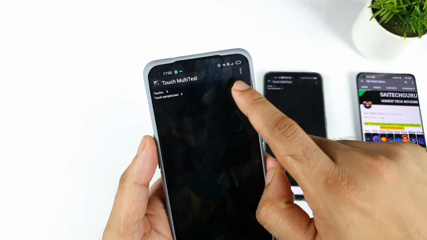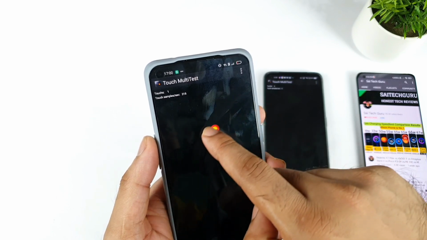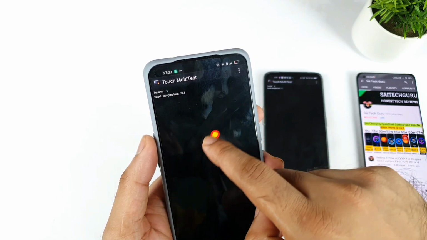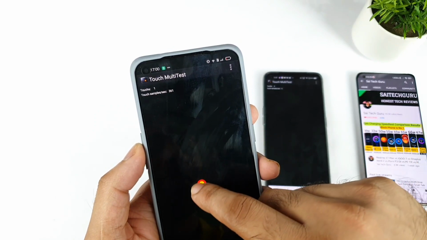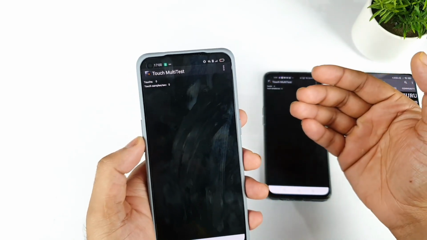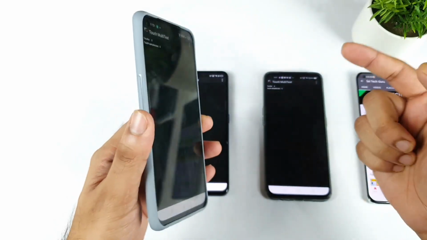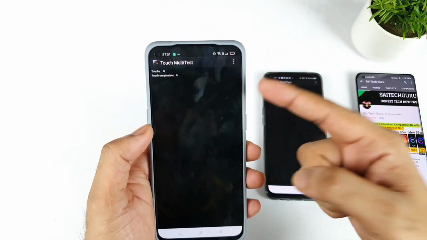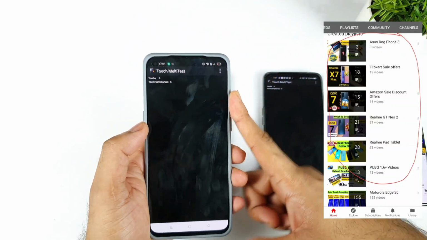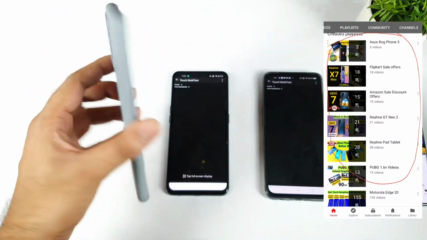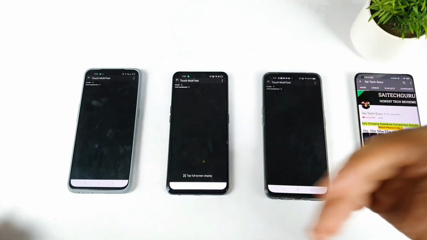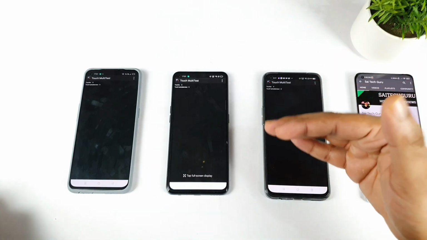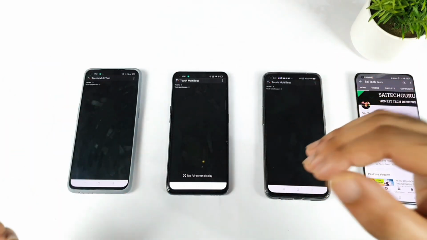In the Realme GT Master Edition, I'm getting a touch sampling rate close to 360. I'm getting 350 and 360, as you can clearly see. So 360 minus whatever the refresh rate of this phone is, you always need to do the minus. So 360 minus 120 Hz, 240 Hz is the default touch sampling rate we are getting in the Realme GT Master Edition. Whatever value you get, friends, you definitely need to subtract the refresh rate you are using, 60 Hz or 120 Hz. In that way you'll get to know the real value.